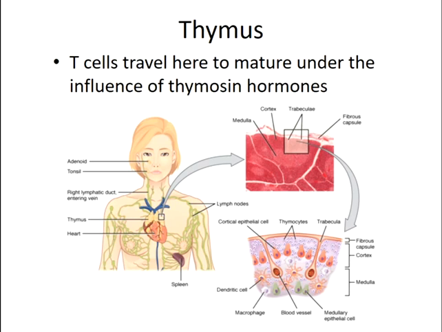So the trabeculae are basically bridges connecting to the blood vessels, and this is how the T cells eventually get into the thymus, where they develop. So thymocytes help to develop and make competent T cells. And there are different types of T cells, and we'll talk about those later on when we get to the adaptive